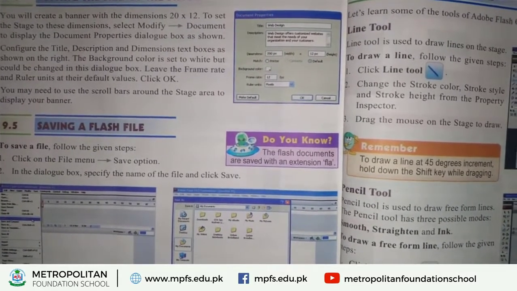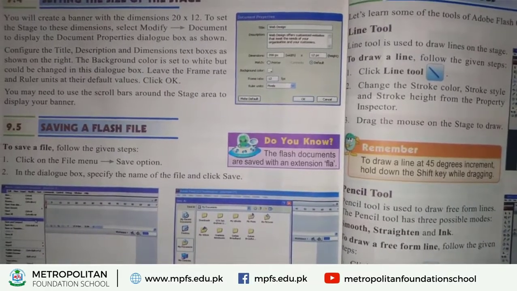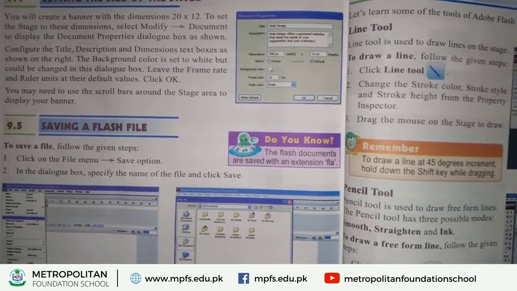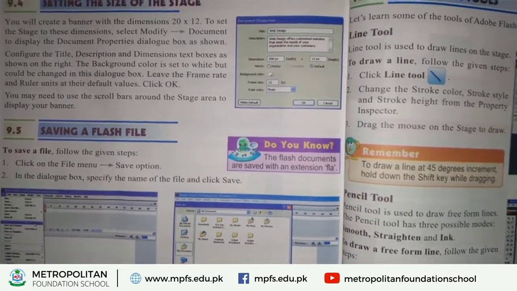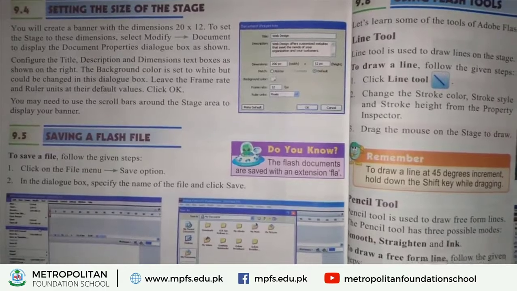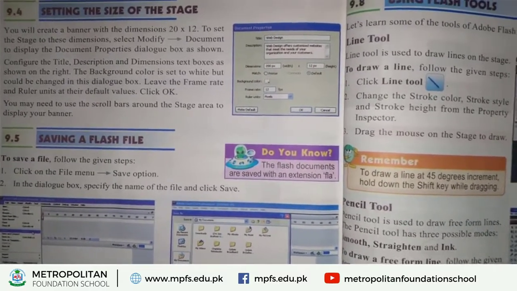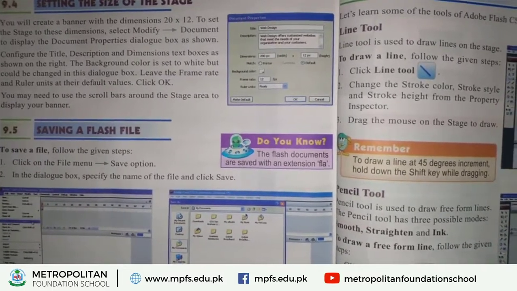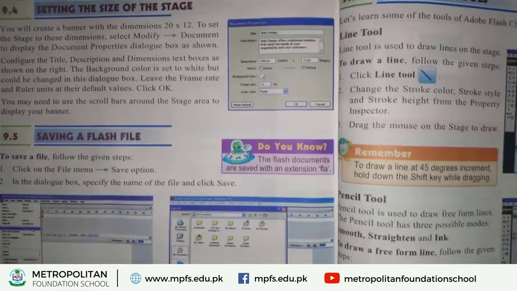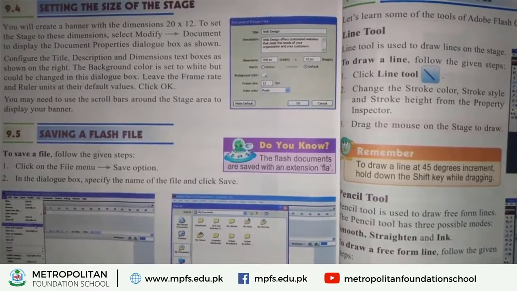To display the document properties dialog box as shown, configure the title, description and dimension text boxes as shown on the right side. The background color is set to white but could be changed to your choice in this dialog box.